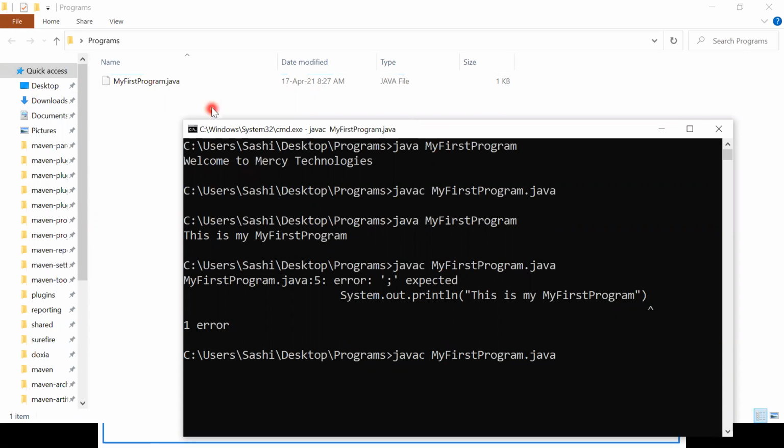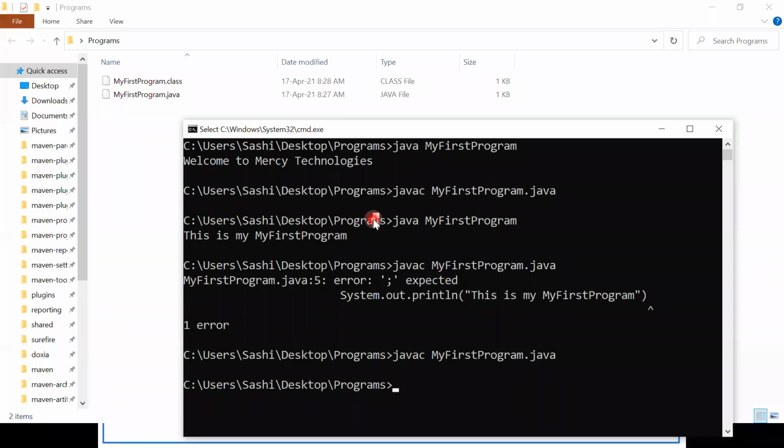Just observe. Now there is no compilation error. It is not throwing any error. And you see here, dot class file is created. So what we are learning is, if there is no compile time error only, dot class file will be created.